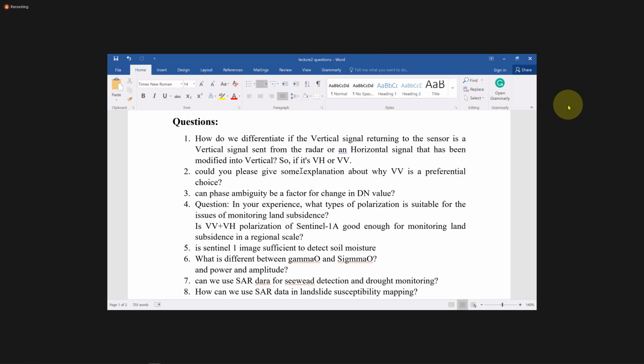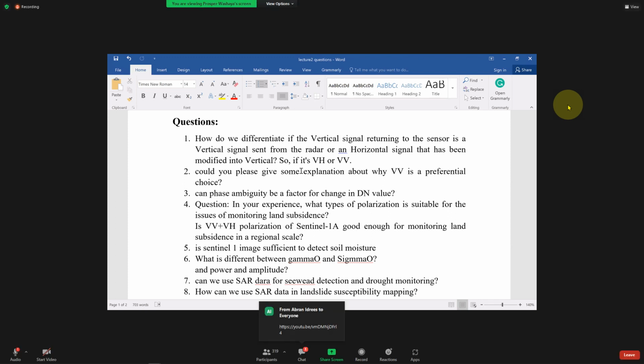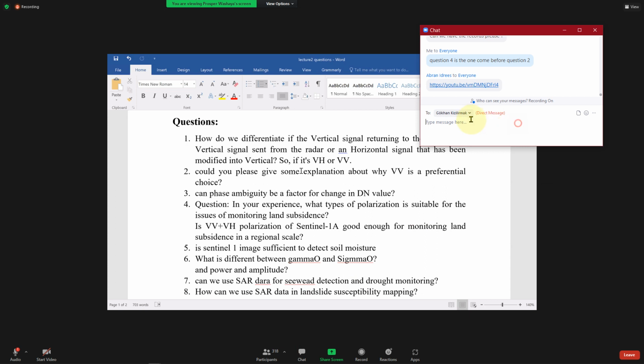Could you please give some explanation about why VV is a preferential choice? I cannot, because I never said that it is a preferential choice. If there would be only one preferential polarization, we wouldn't do all of them. Okay, now